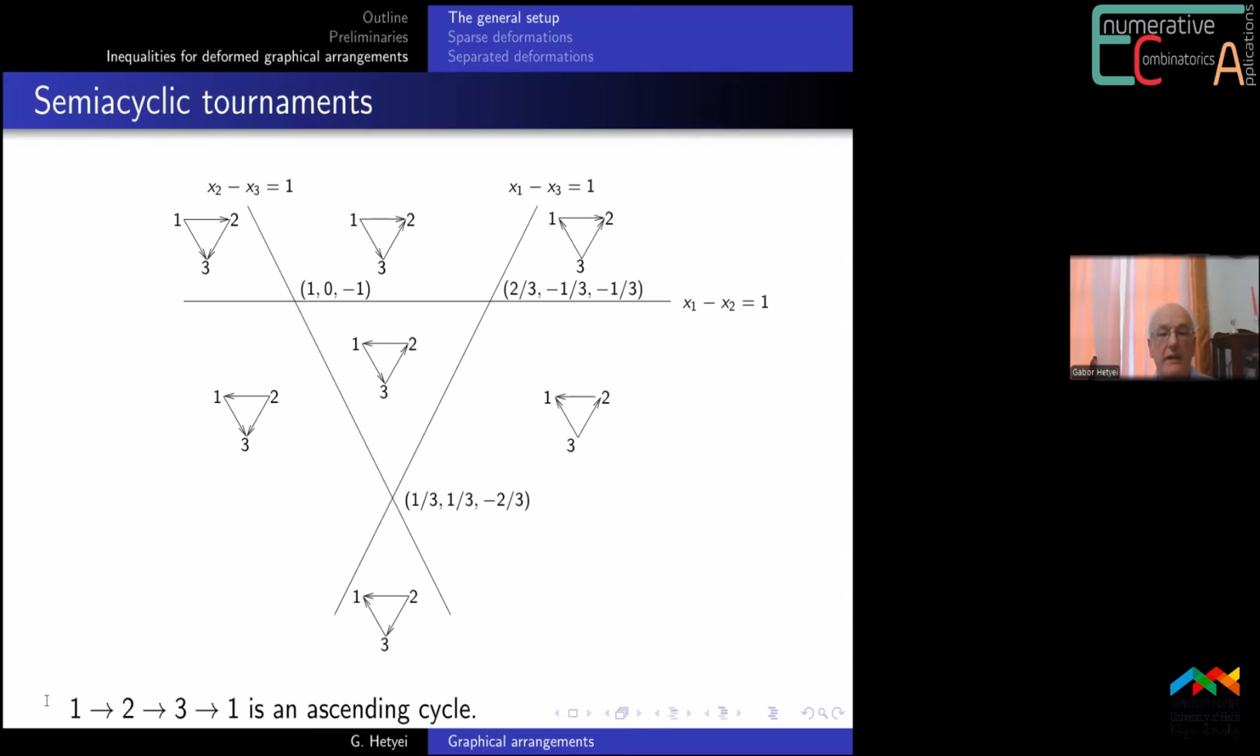Also, you should note that the only ascending cycle in this situation is 1 goes to 2, goes to 3, and goes back to 1. That's where I have more ascent than descent, and that's the missing digraph from this picture. The other thing you should notice here is that the only bounded region has the only digraph that's strongly connected,